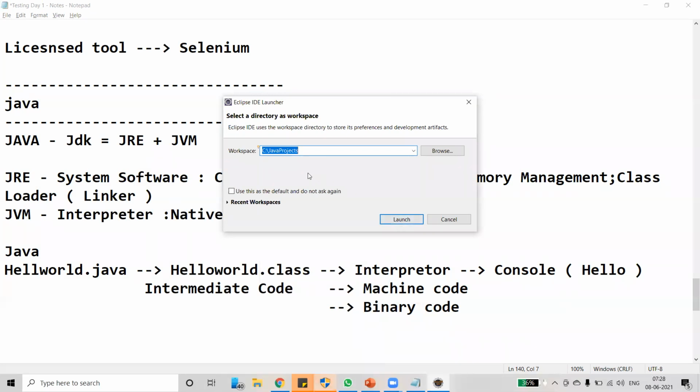What is this workspace? Workspace is nothing but a path where we are going to store our Java programs. We have to store our Java programs, right? So we have to give a path where we are going to store them. I'm going to store my projects under the C drive, Java projects.